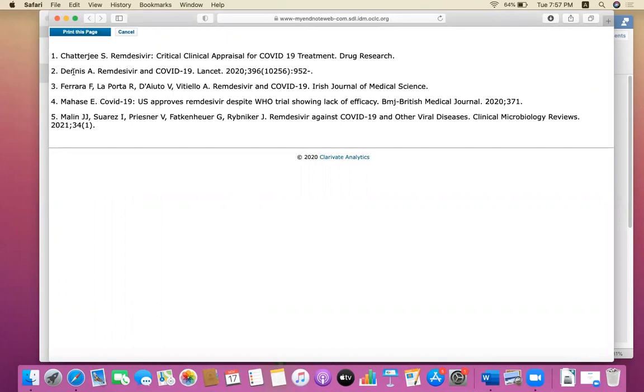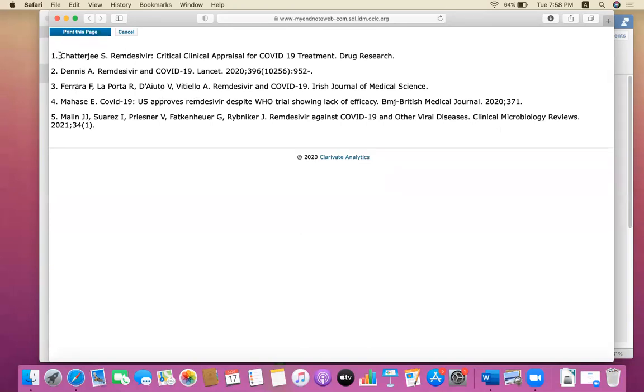I selected these 5 references: critical clinical appraisal for COVID-19, then one from drug research, Lancet, Remdesivir and COVID-19, then Remdesivir and COVID-19, Irish Journal of Medical Science, BMJ, British Medical Journal, and Clinical Microbiology Reviews. So these are the 5 articles I have selected here.